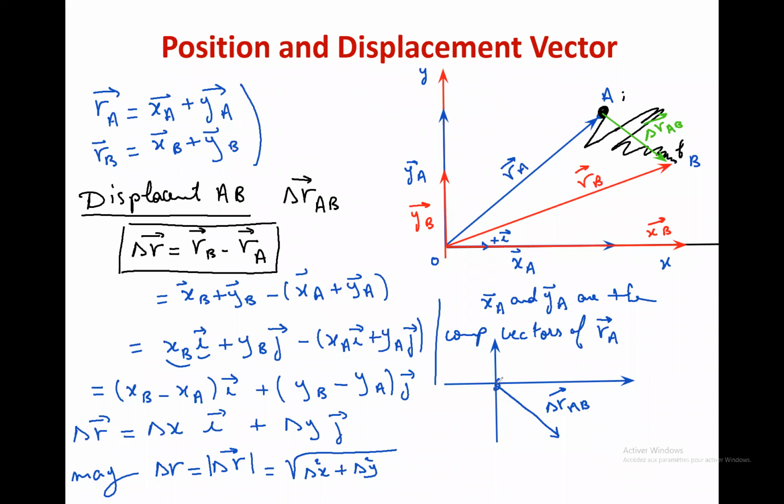Here we have the tail. We put x and y. You do this all the time to find the direction geometrically. So here we have the angle of delta R AB. The angle of delta R AB equals tangent minus 1, the y component